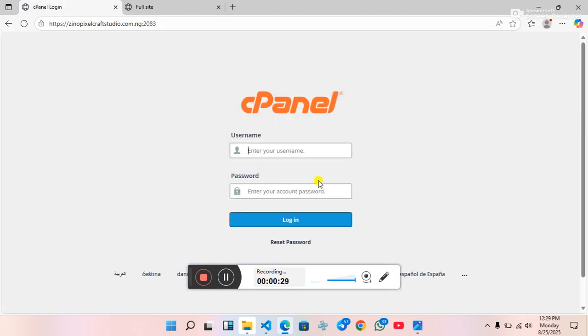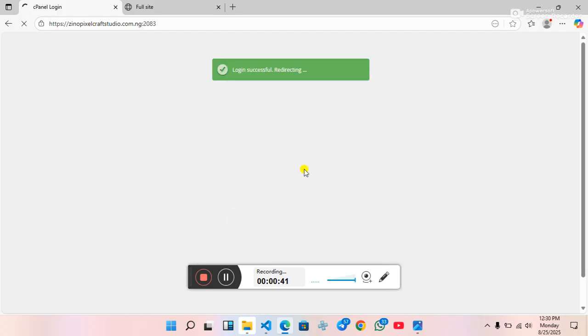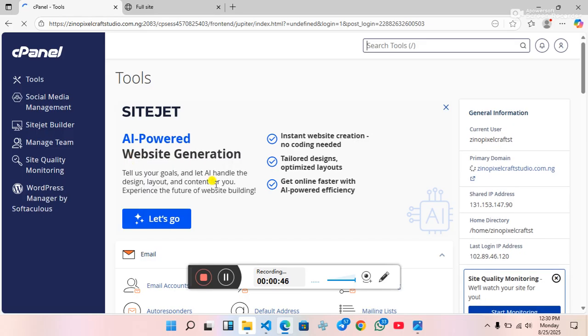Alright, so it will ask you to put your password and username. These two things will be given to you when you get your domain. So put this and put this. Press login. It works. So it will show you something like this, under your domain,